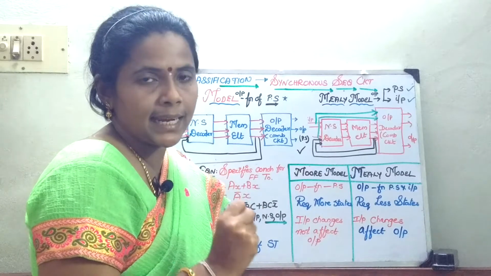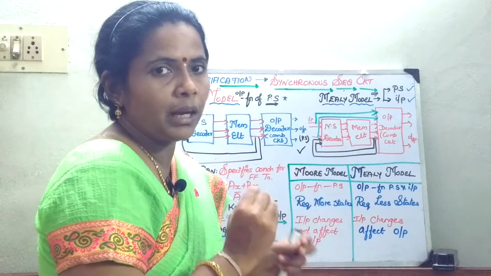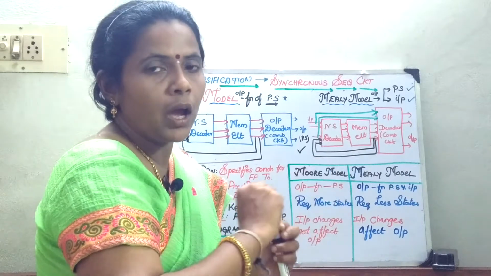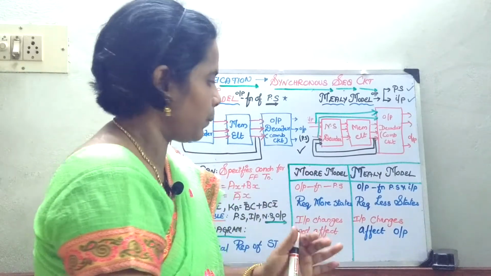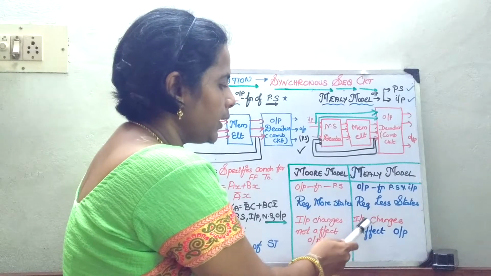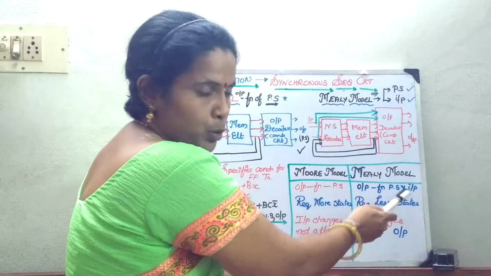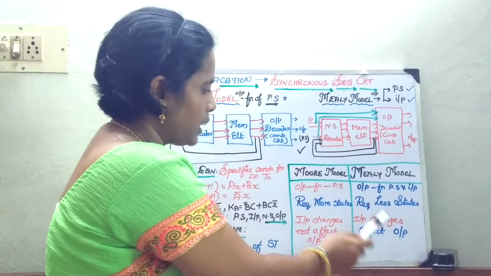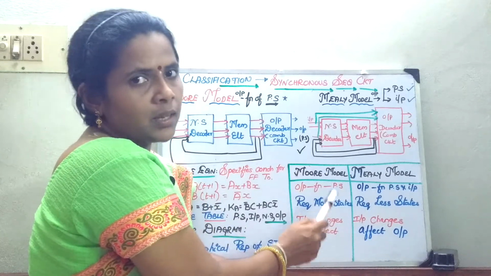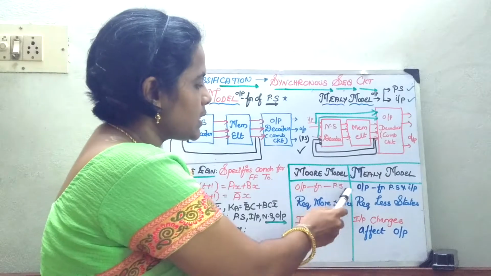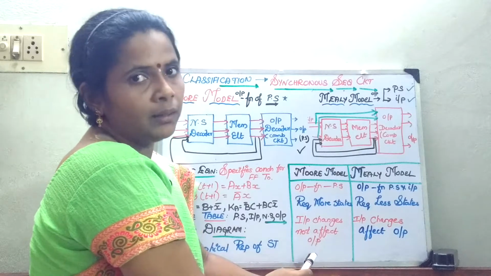When I say state, if I take two variables, 0 0 is one state. Whenever I consider a condition like 0 1, how the transition occurs from 0 to 1, that is called a state. Now, here in the Mealy model the input changes affect the output because it is depending on the input. So your input changes will affect. Whereas the Moore model, though it depends only on the present state, requires more states for its computation. Since it depends only on the present state, your input changes will not affect the output.